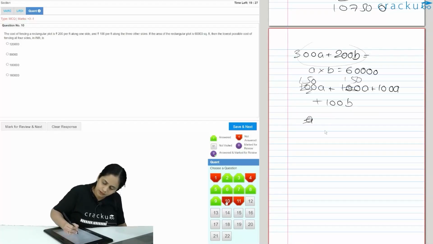So basically the square root of 150 square into A square into 100 square into B square